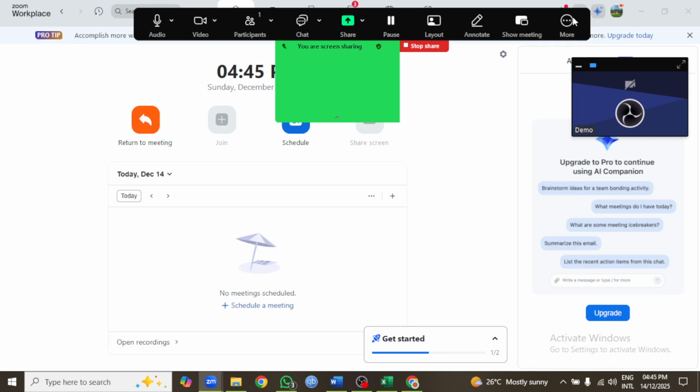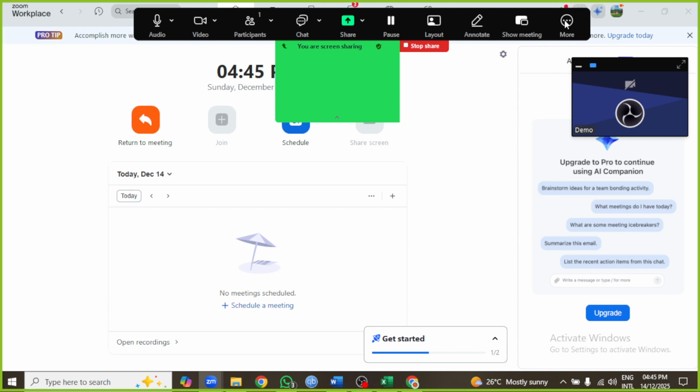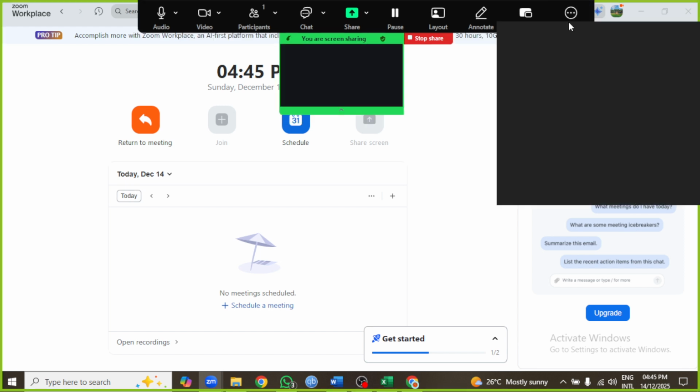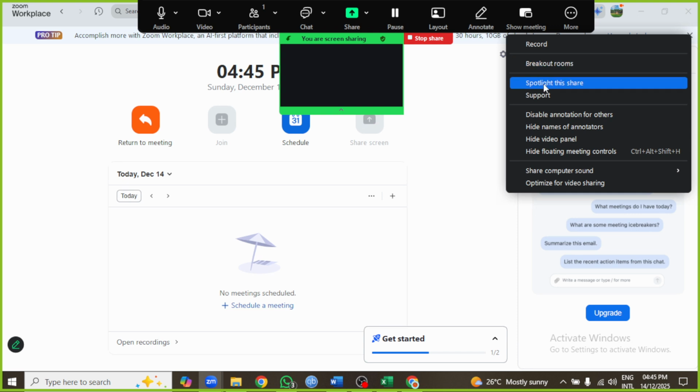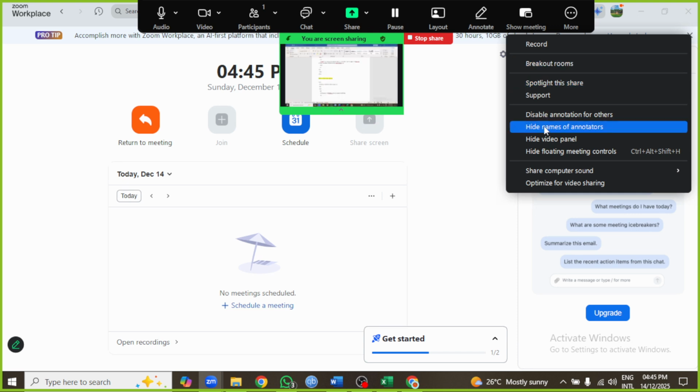From the menu that appears, click on Hide Floating Meeting Controls. The moment you select this, the bottom bar will disappear from view, giving you a cleaner, distraction-free screen. This is especially helpful when you're sharing slides, demonstrating software, or recording